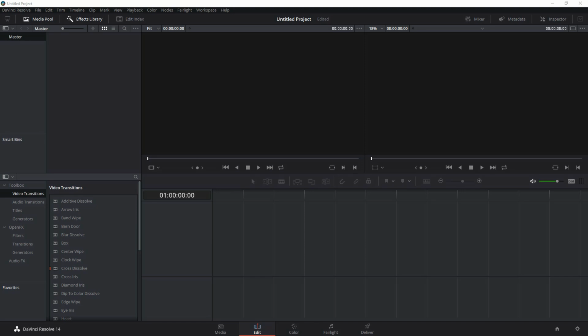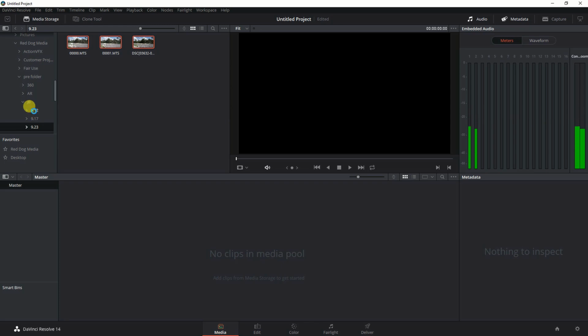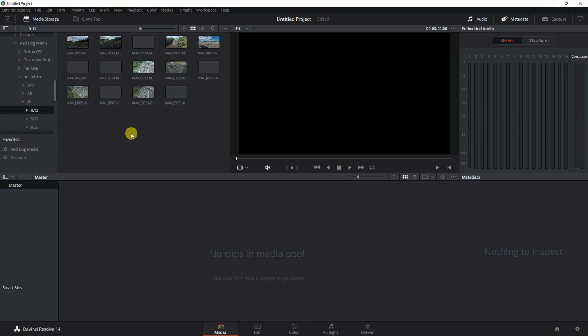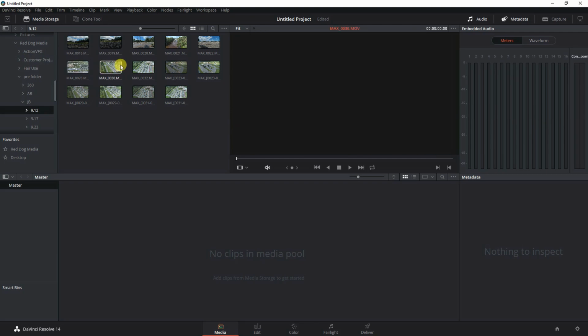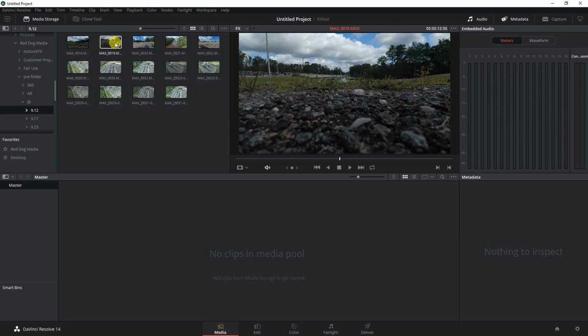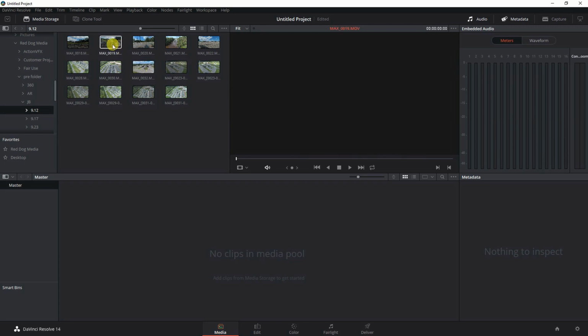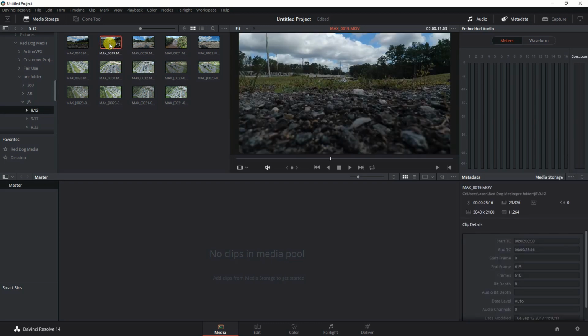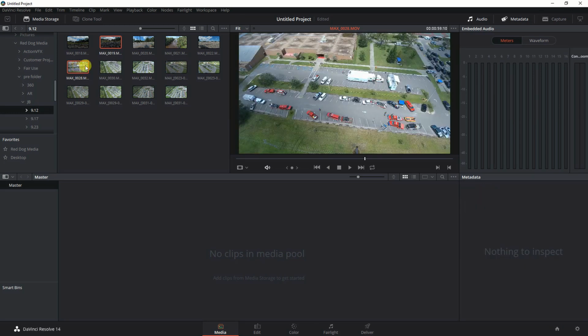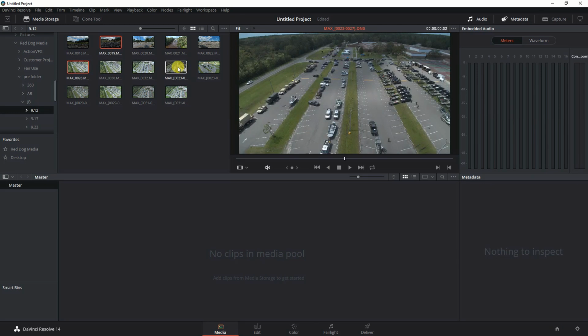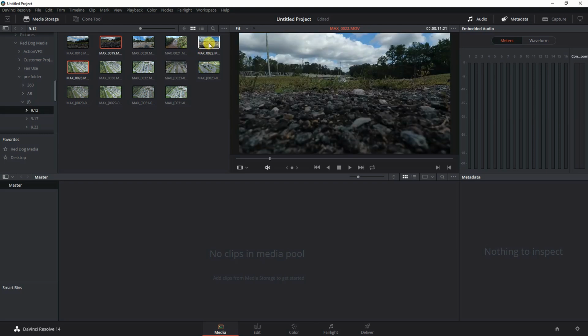Okay, after your interface opens up, you're going to be in the edit mode, but you need to go to media to find some files to work with. So I'll jump into a folder here, and you can even get a little preview of what you're looking at. So I was saying, okay, I want this clip, and then I'm going to hold Control and say I want this, and I want that. So once you've selected the clips you want, you can drag them down,